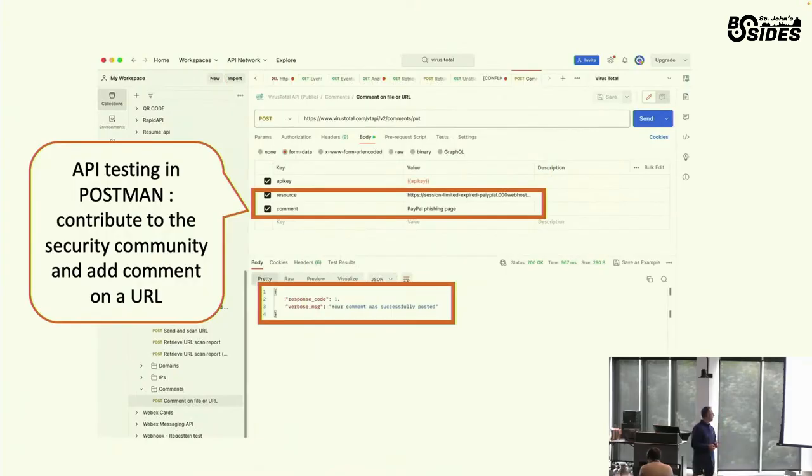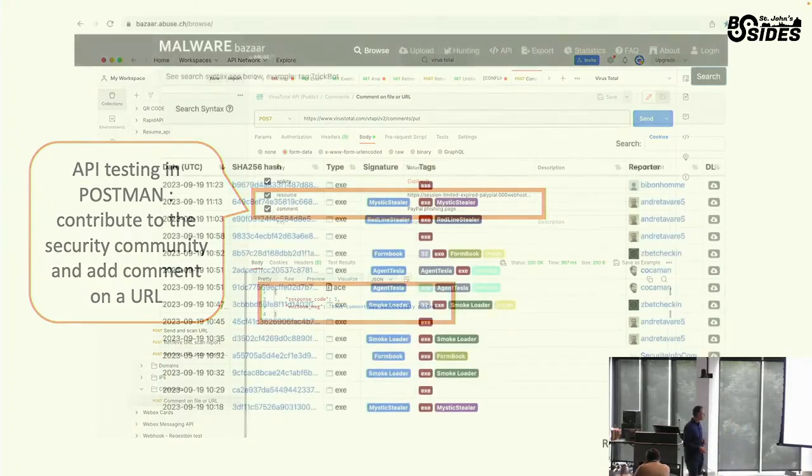The other function, or use case, is comments, or contributing to the community itself. So it's fairly easy as well. You can definitely implement this within your XDR framework by saying, I want to send back when I saw that coming into my infrastructure, let's say, and stuff like that. Add a comment, and that's about it.